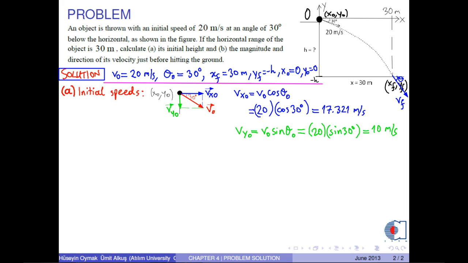Therefore, according to the configuration, the initial velocity can be written as vx0 i hat plus vy0 minus j hat. Or by the numerical values, it can be written as